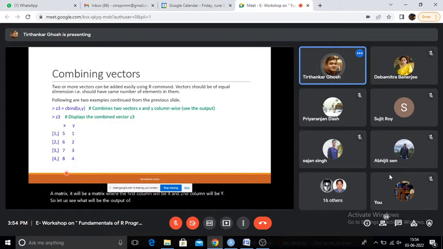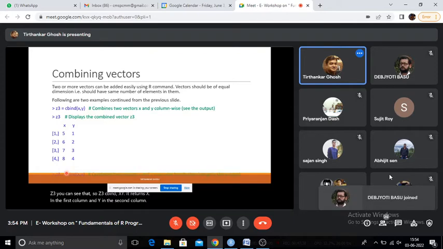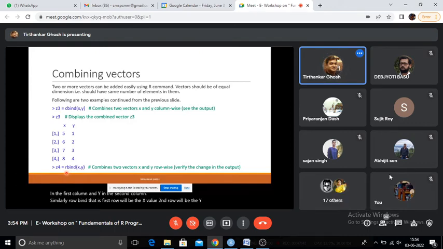You can see that Z3 = cbind(x, y) returns x in the first column and y in the second column. Similarly, rbind, that is, the first row will be the x values and the second row will be the y values. That is also a similar kind. So cbind, rbind.